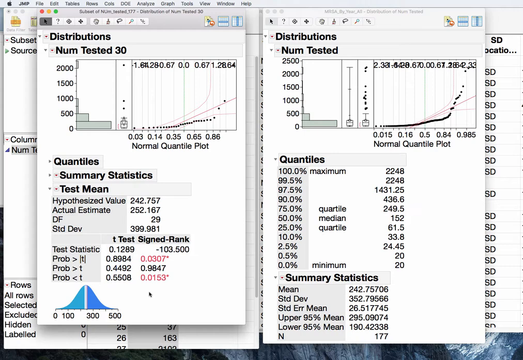Very straightforward to test one mean versus a hypothesized value. You can do it with a z-test if you know the sigma or the variance. That's rare. It will almost always be a t-test where you are using your estimated standard deviation, or if you have assessed for normality and you've decided not to assume normality, it will be the Wilcoxon signed rank test. In all cases, follow the 10 steps, and in all cases, report your substantive conclusion back in the words of the question itself so that it is clear to your reader what you